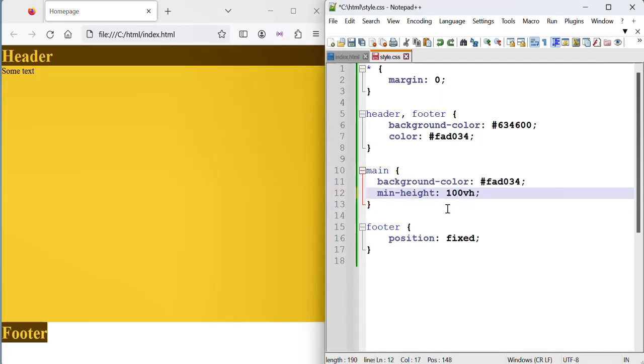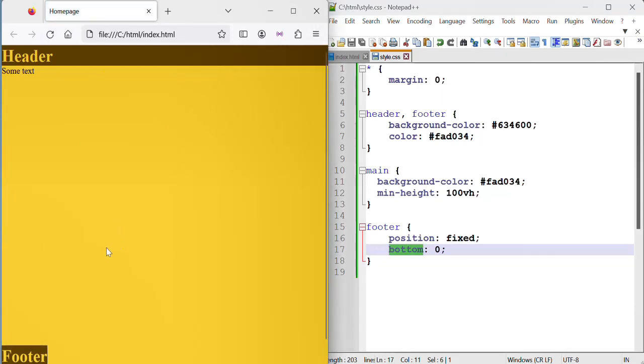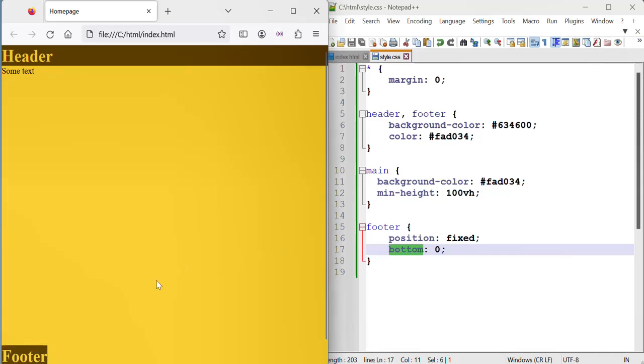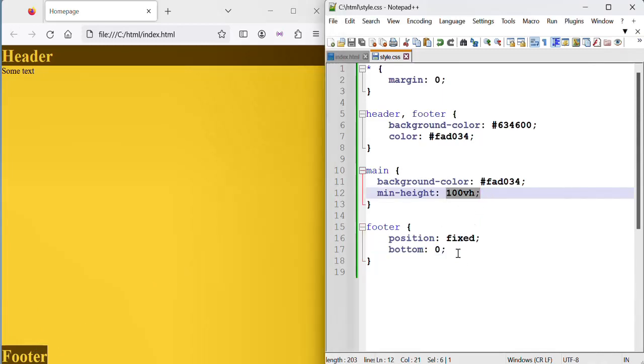But we want this to actually show up regardless of what the minimum height of the main element is. And so to force the footer to show up, or to force the footer to appear above the main element, we'll set it to 0 for the bottom property. And so now the footer shows up or will appear above the main regardless of what the minimum height of